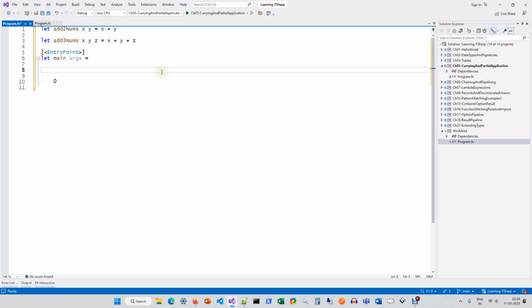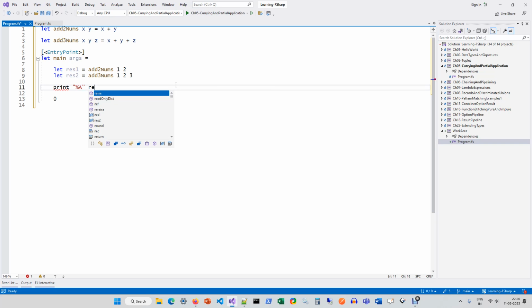If I say let res1 equals addTwoNums 1 2, and similarly let res2 equals addThreeNums 1 2 3, I'll also add one more thing: printfn %a res1